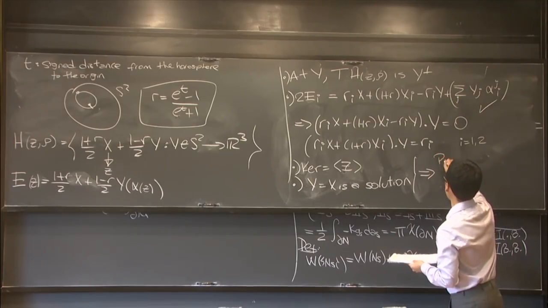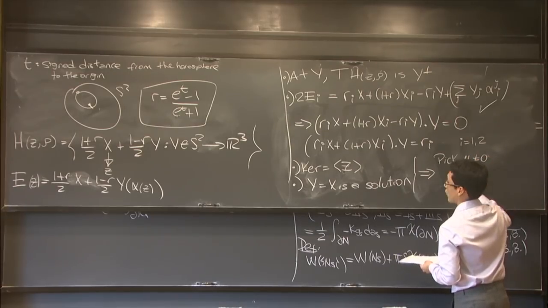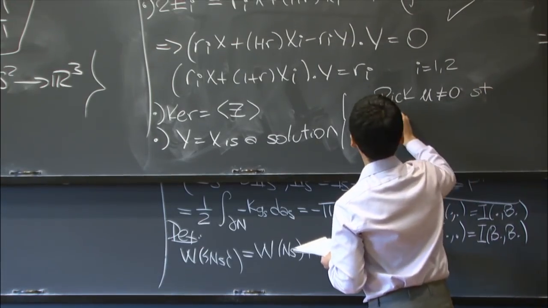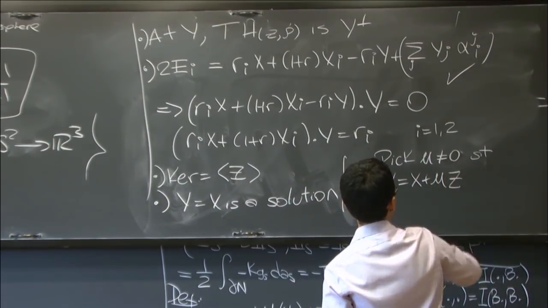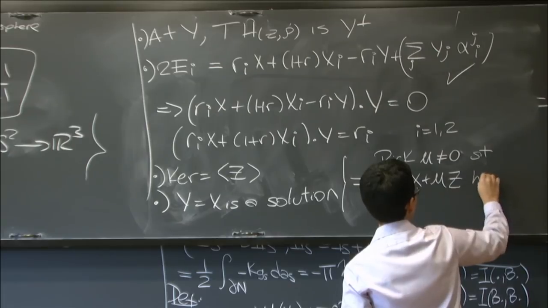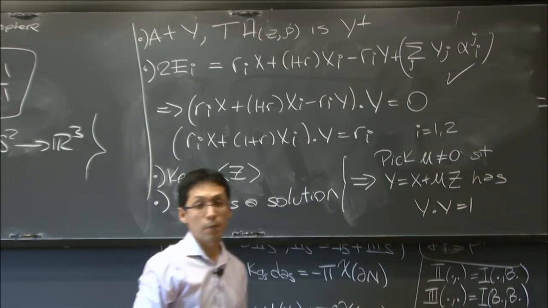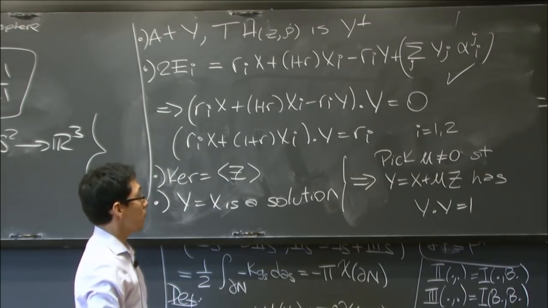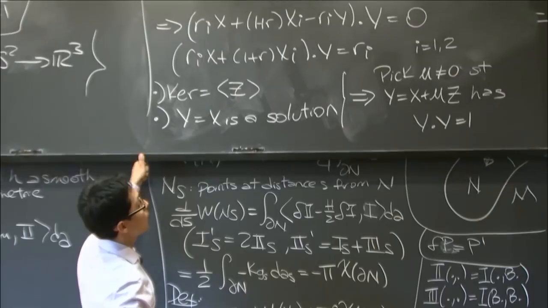Well, we can always pick some mu, a real constant distinct from 0, such that y equals x plus mu times the generator of the kernel, has norm equal to 1. And this will give you